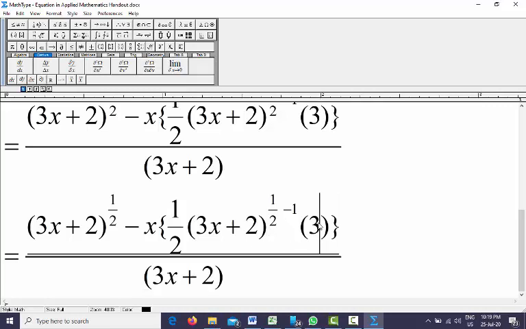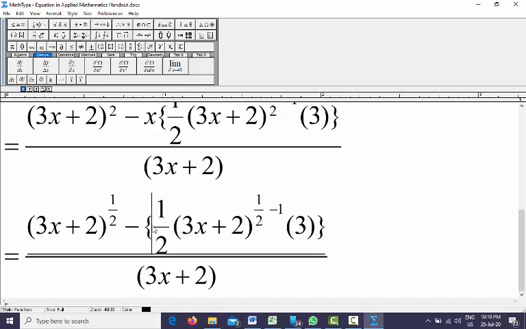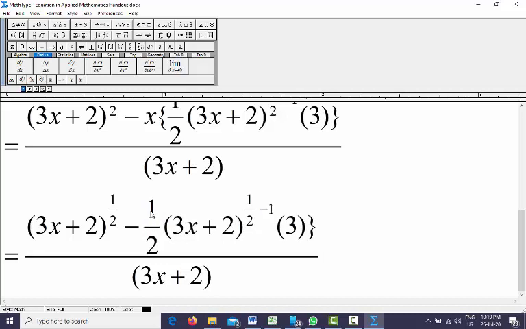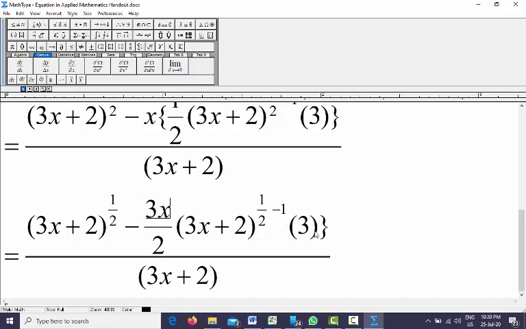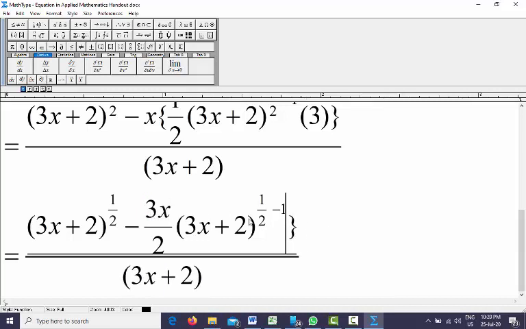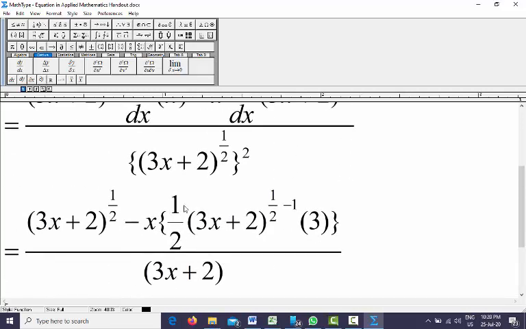So here we have 3 multiplied by 1, which means 3, and again 3 multiplied by x, so we will have a 3x here. So these 3 will no longer be there. So 3x by 2, that means this 3 will get multiplied by 1 and then x, so we will have 3x divided by 2, and this one we can keep like that.